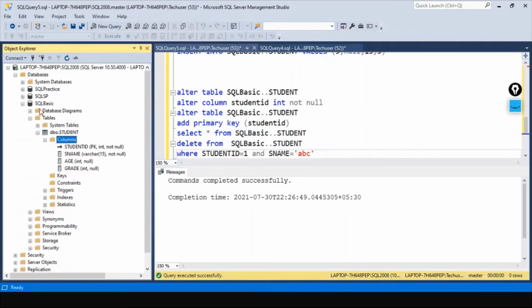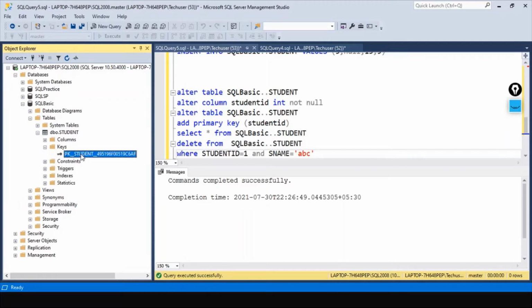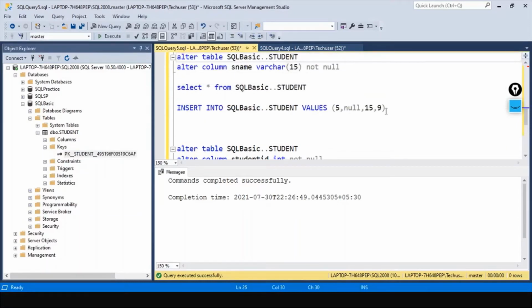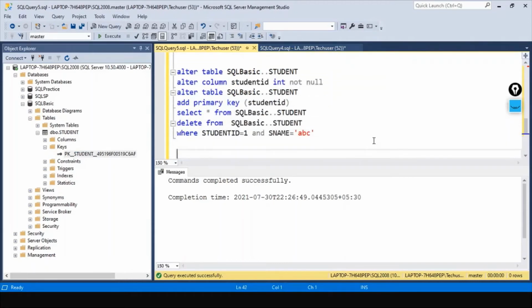Refresh. See, the primary key is created here. Now let's try to enter again student ID as 1 again, name as ABC.